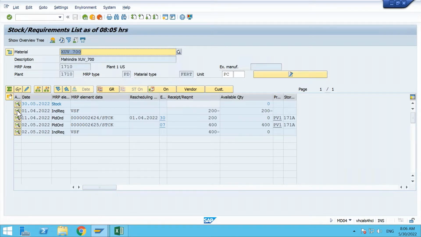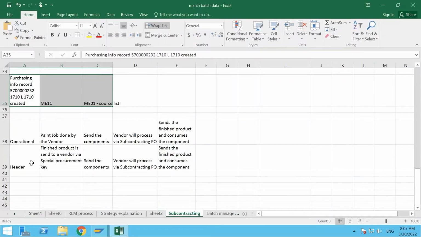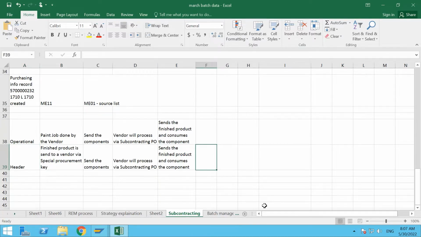Well, let me tell you the new process altogether. Let us create a new material. We'll create a new material and then we'll go with the master data, what is required. So in the header subcontracting process, there is no need of routing, right? Because we are not doing any operations. Complete process is done by the vendor. What we need,